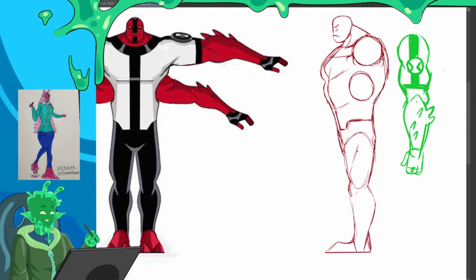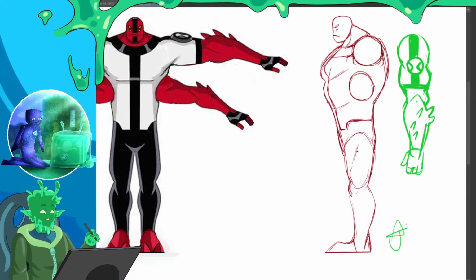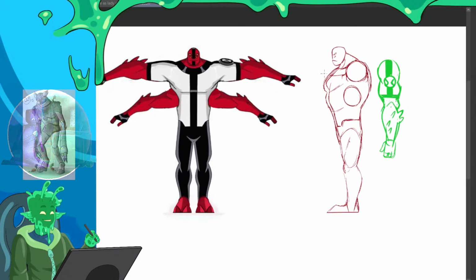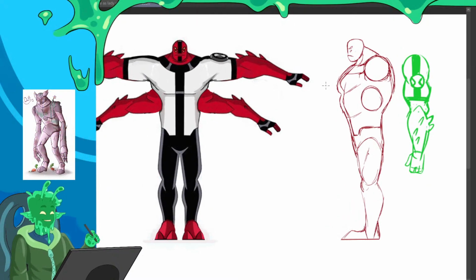But I should put them in my portfolio, sign them all, put my little signature down on all of them, say I made this reference, and then release these orthographics not only as a portfolio thing, but to help other 3D modelers, right?